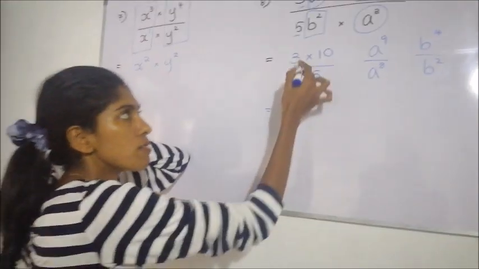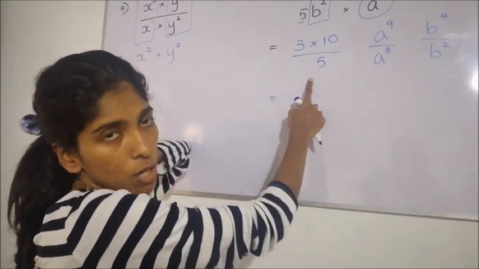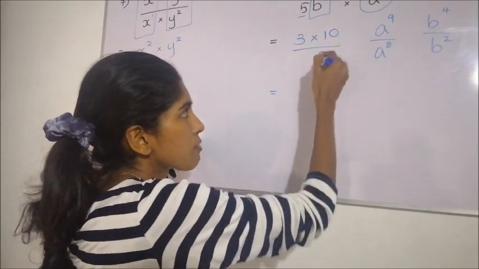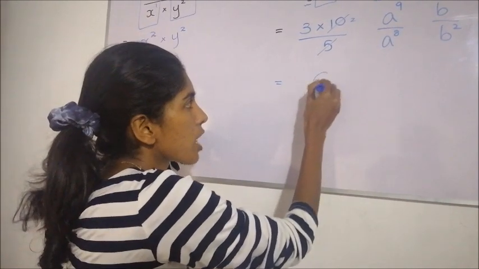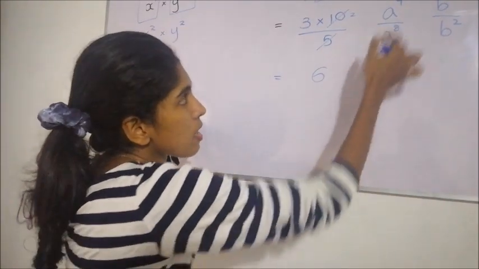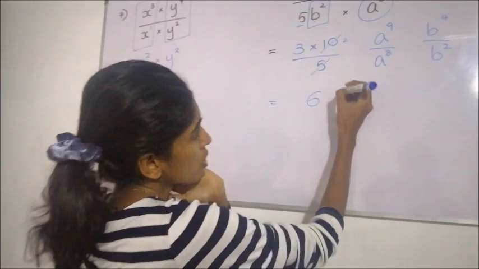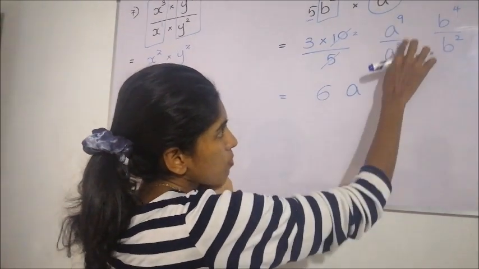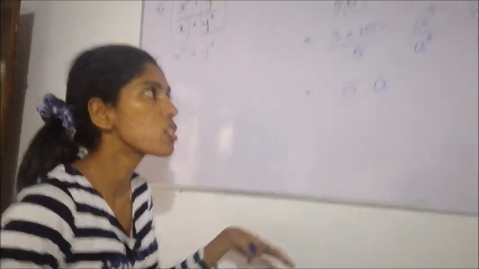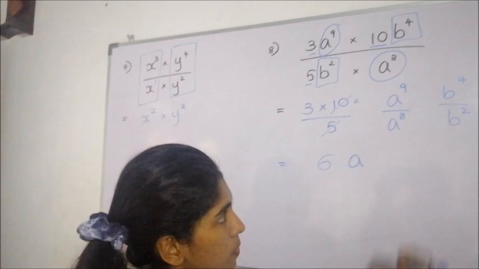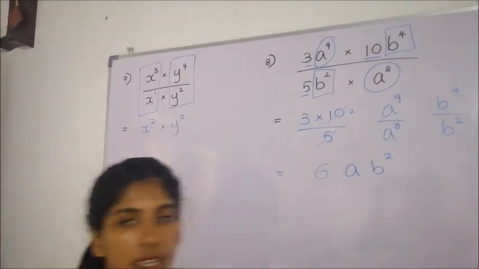Right. Now, when we simplify, if you want, you can multiply firstly. 30 can be divided by 5. Or else, you can simplify firstly. 5 times 1, here 5 times 2. Remaining numbers can be multiplied. 2 times 3 is 6. Next, powers with the base A. It is a division now, so we need to subtract the indices. From 9 subtract 8, 1 is remaining, but I am not writing 1. Usually we don't mention if the index is 1. Next one, B to the power, from 4 subtract 2, 2. This is the final answer.